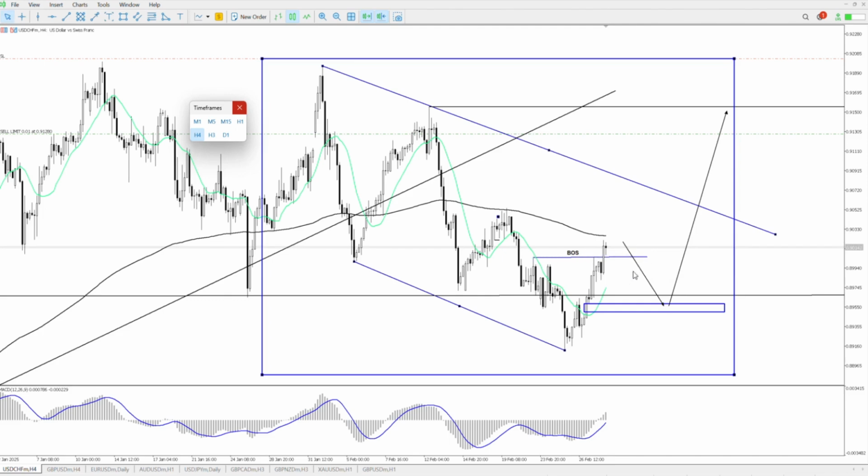So this is what I'm looking out for on the USD Swiss franc on the 4 hours. I'm looking to buy this trade. Immediately price reverses back into this FVG, closing at the midpoint or slightly above it, I'm going to place my entry. Now this is a 4 hour time frame, right? Now the next thing is to